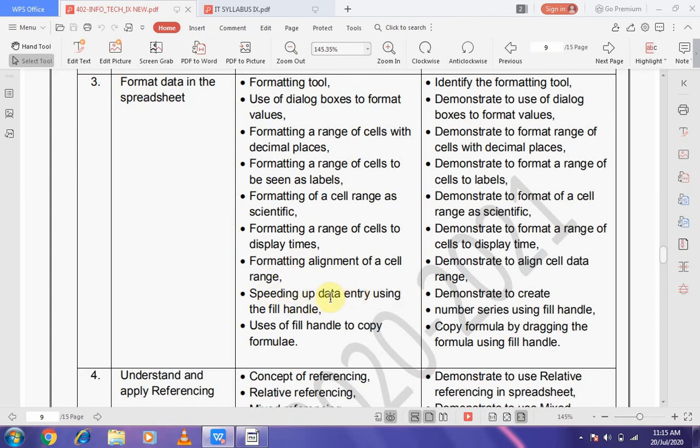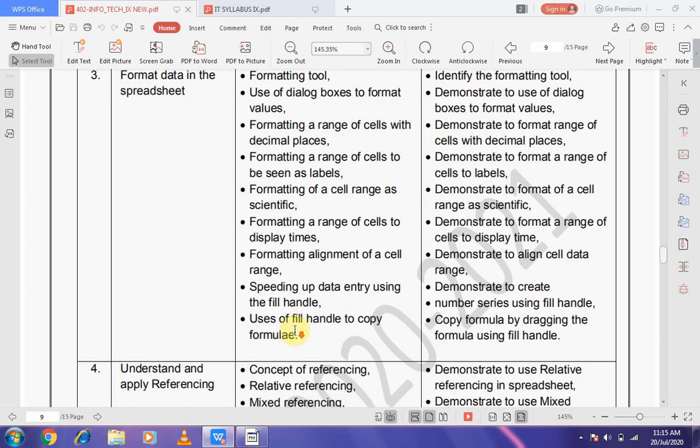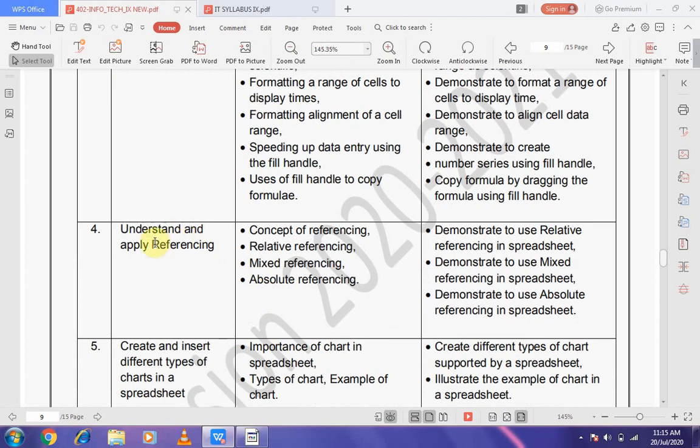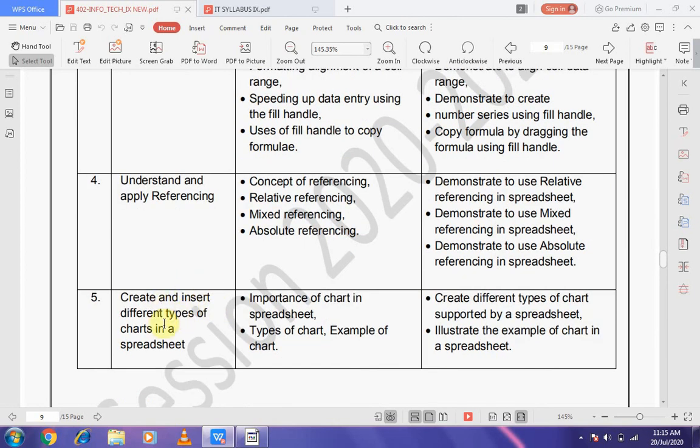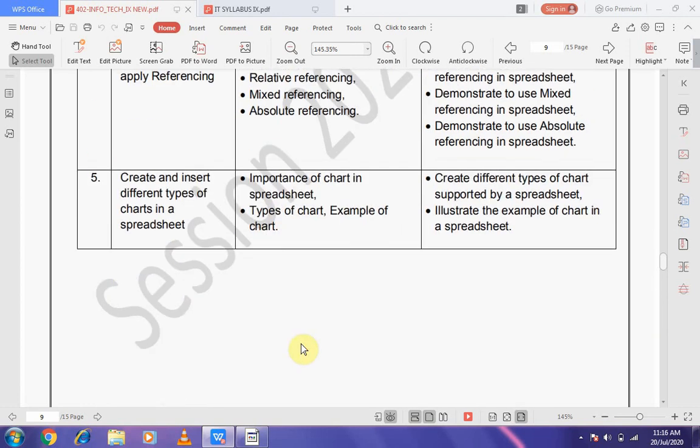Speeding up data entry using the fill handle, use of fill handle to copy formulae. Next is understand and apply referencing, concept of referencing, relative referencing, mixed referencing, absolute referencing. Create and insert different types of charts in a spreadsheet. Importance of chart in a spreadsheet, types of chart, examples of charts.